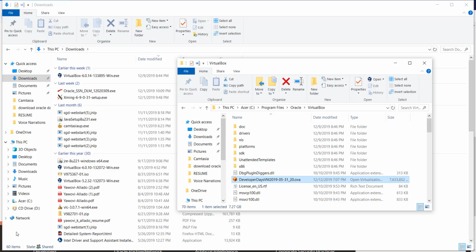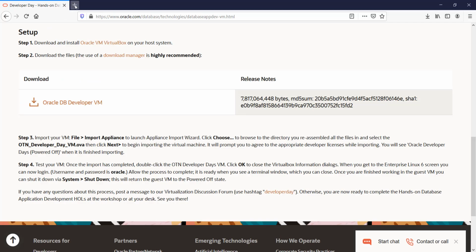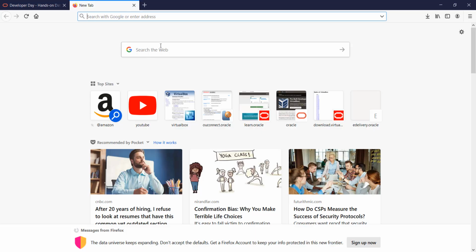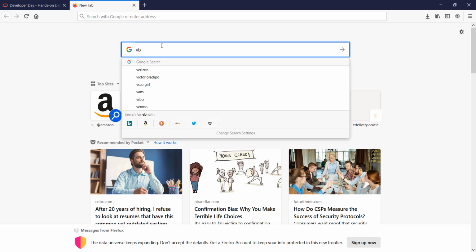That's why I want to take you through every detail of this work before we start doing the proper Oracle database work. So I'm going to open another tab right here and look for VBox,